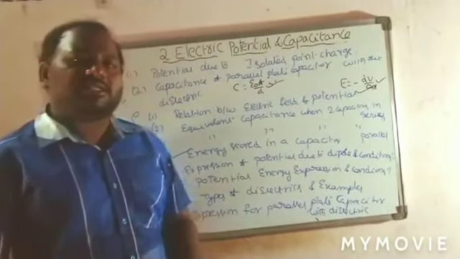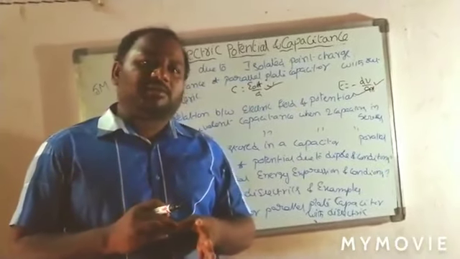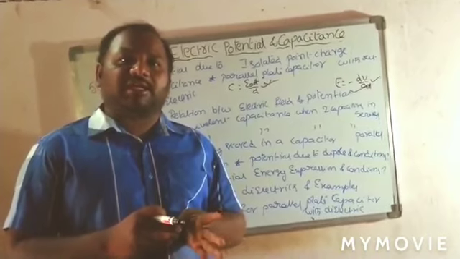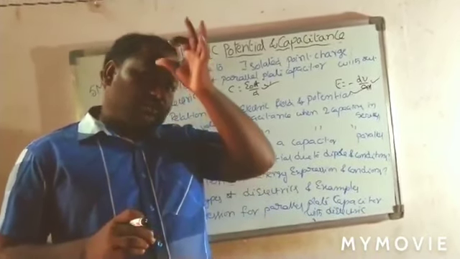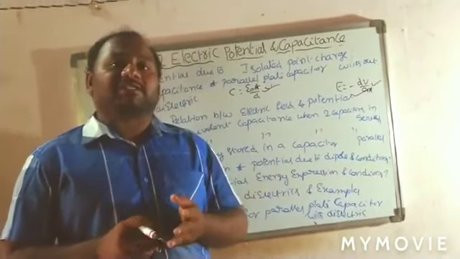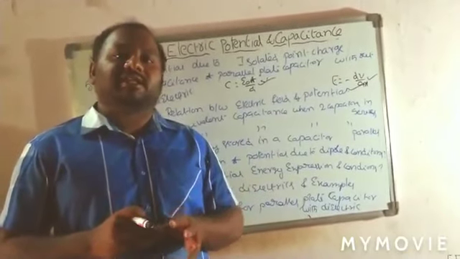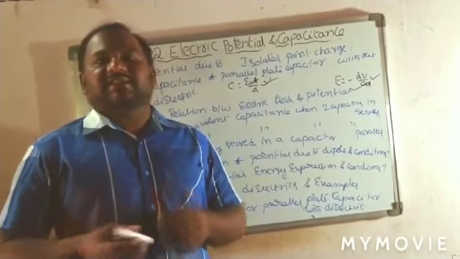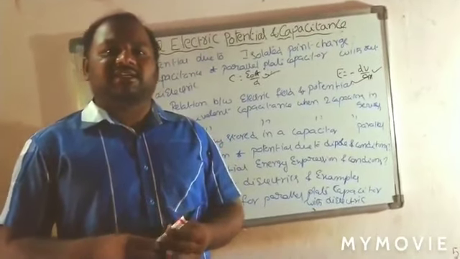So these are some important questions. The important problems they are going to ask, as in previous years, are how to calculate the null potential point and how to calculate the individual capacitances when series and parallel combinations are given. Okay? So this is electric potential and capacitance. In the next session we start moving charges and magnetism.